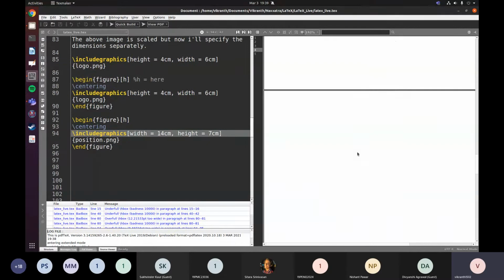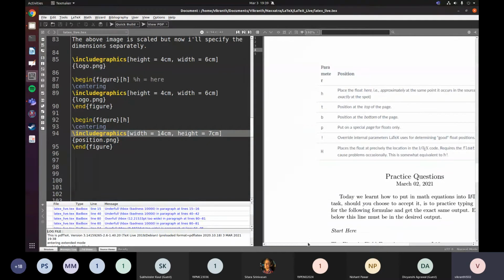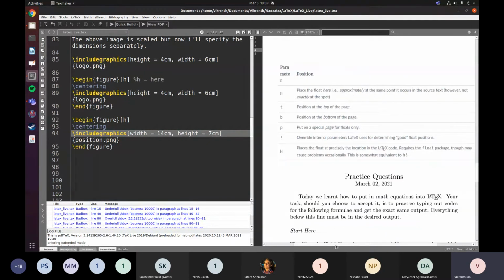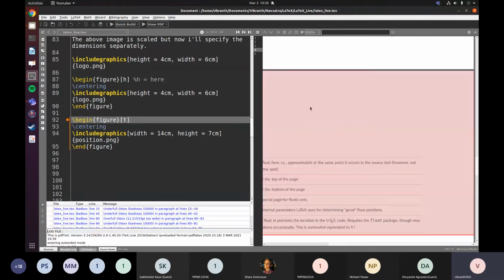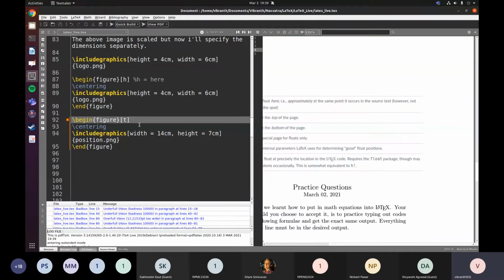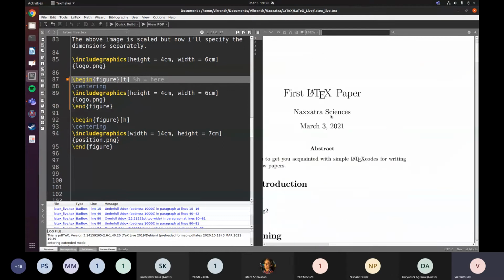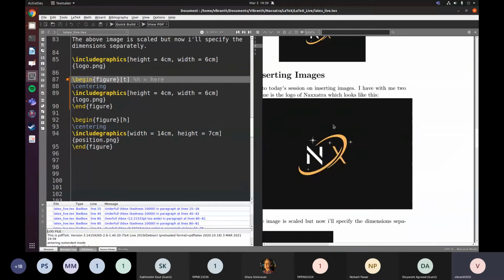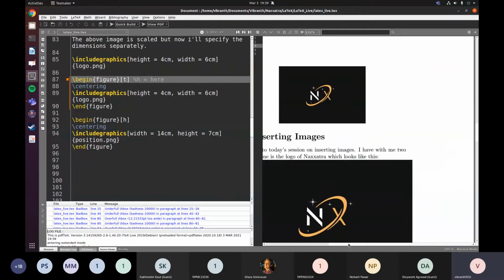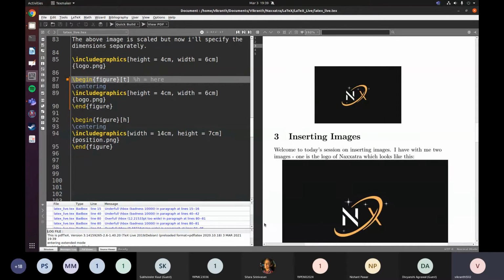And the structure, zoom in. Yeah, so this is what we used, H, which means here. T puts it on the top of the page like we saw when we did not put an H. So let's see what T does. Maybe not for this one I put an H, but for this one I'll put a T. And you see that it has come to the top of the page, which is the same thing as not